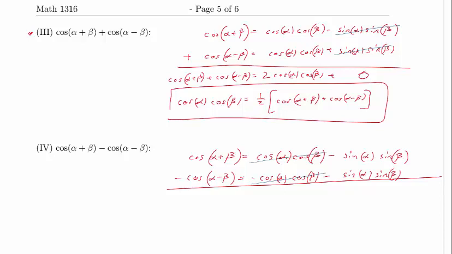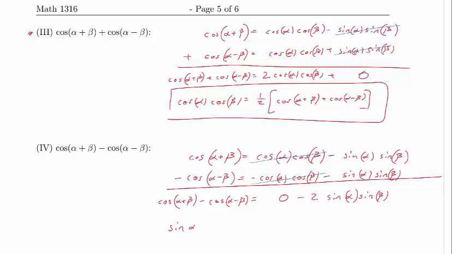And so when we add these together, cosine alpha minus beta minus cosine alpha plus beta equals 0 minus 2 sine alpha sine beta. Solving for the products, we get